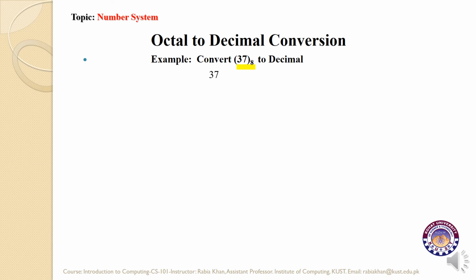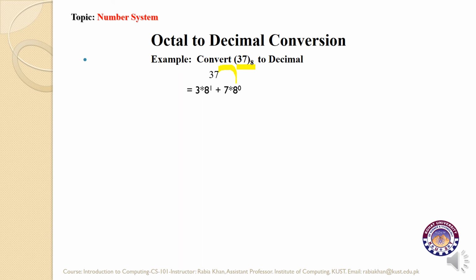So let's see how we apply this method on the given octal number. 37 is not thirty-seven. It is actually 37 in base 8. 37 in decimal is different, keep in mind. So this is 37 and we have to convert it into a decimal number. So every digit is multiplied by 8 starting from the right.